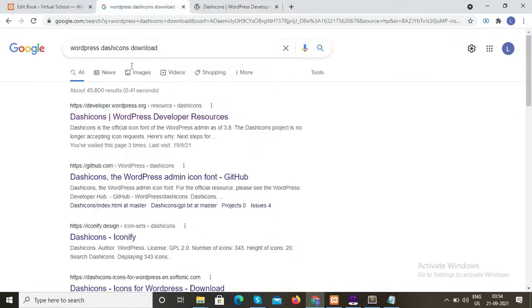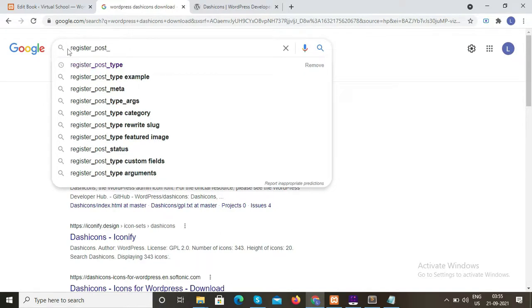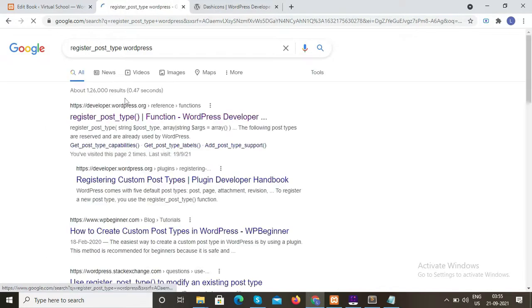But if we want to see what parameters we need to add when we create custom post type, for this just search here register post type, and here you can see the first search item is developer.wordpress.org. This is the official website for the documentation. If we open this,